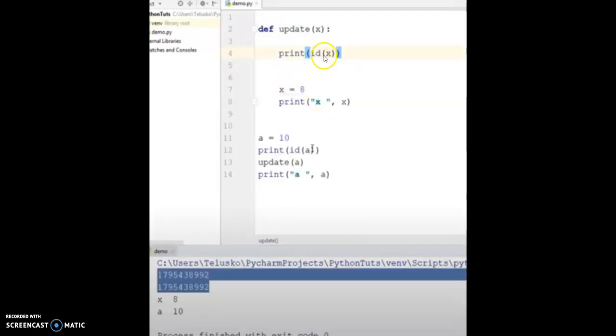Here I am using the id method. The id method returns the address. For example, here I am calling the function with the value of a. Before calling the function, I will print the address of a. What is the address of a? It will end with 992. After passing the value 10, okay, the